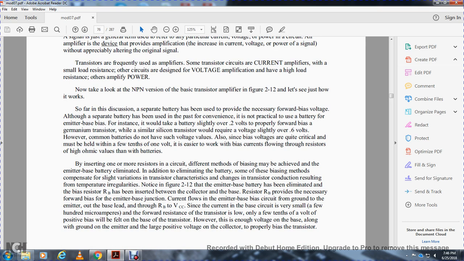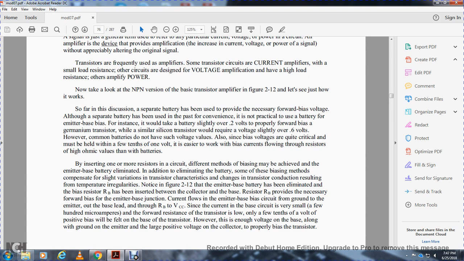For instance, it would take a battery of slightly over 0.2 of a volt to properly forward bias a germanium transistor, while the similar silicon transistor would require a voltage slightly over 0.6 of a volt. However, the common batteries do not have such voltage values. And also, since the base voltages are quite critical,